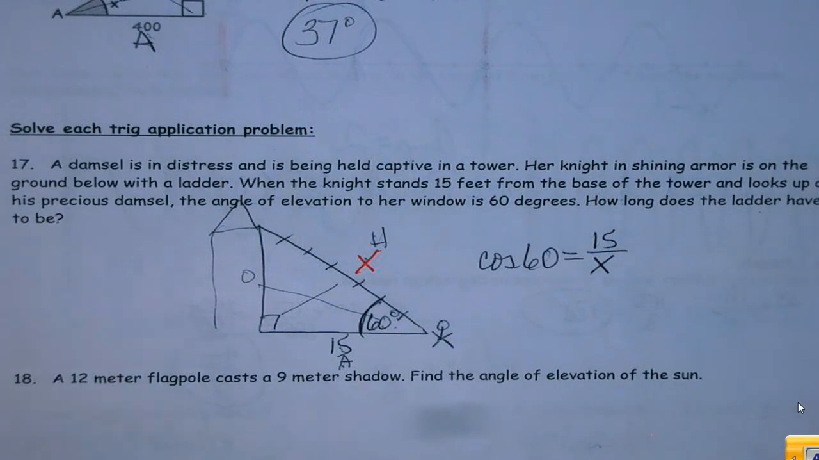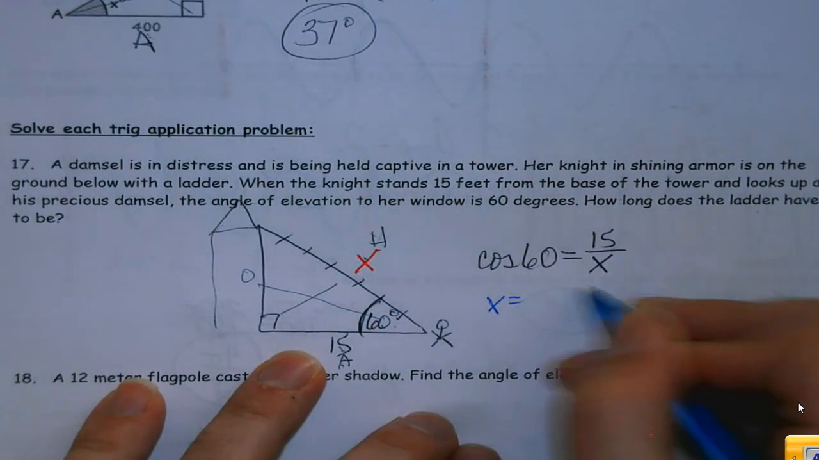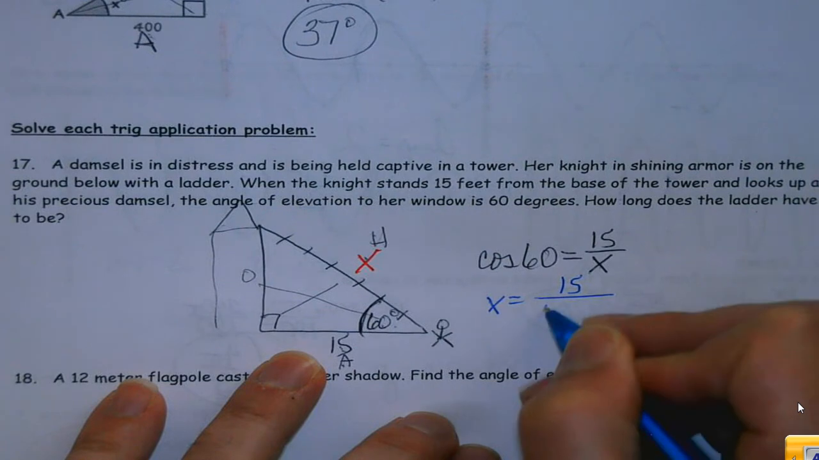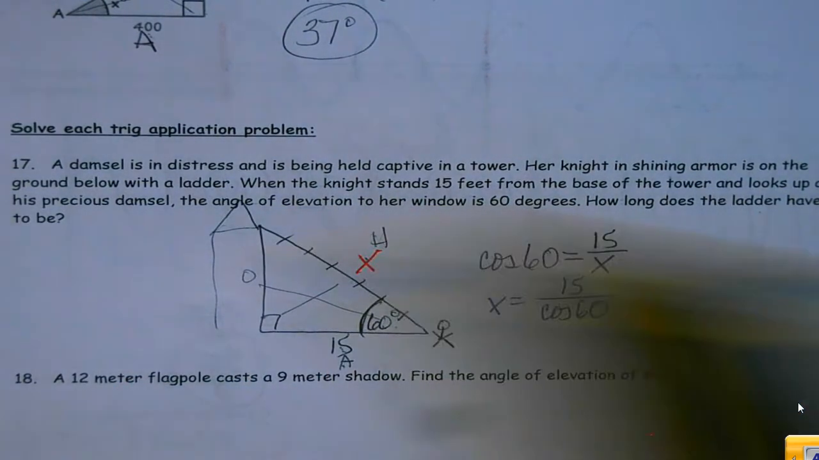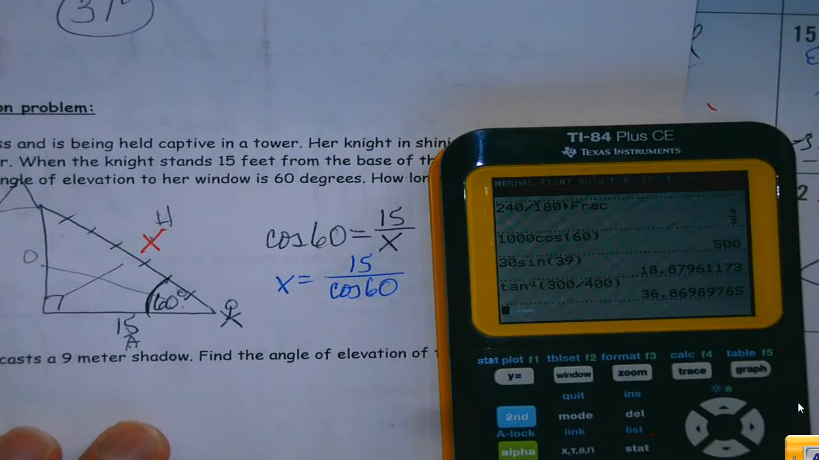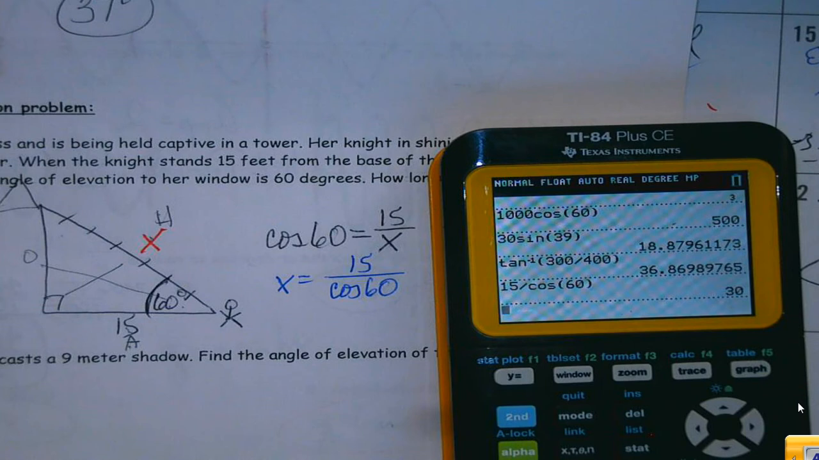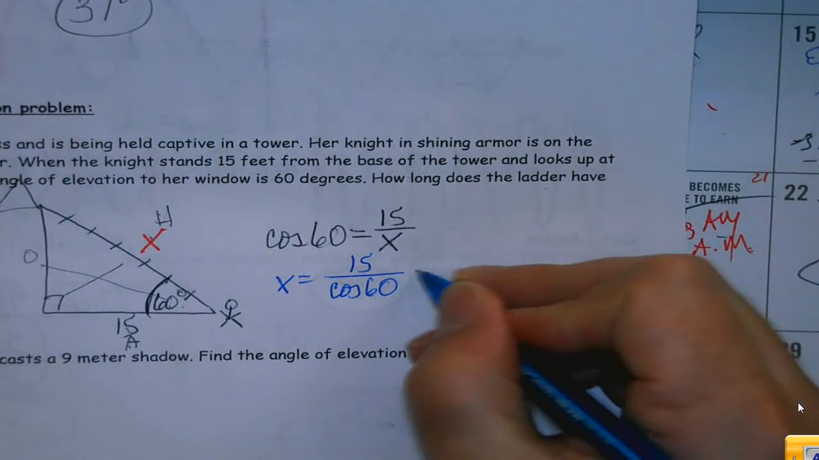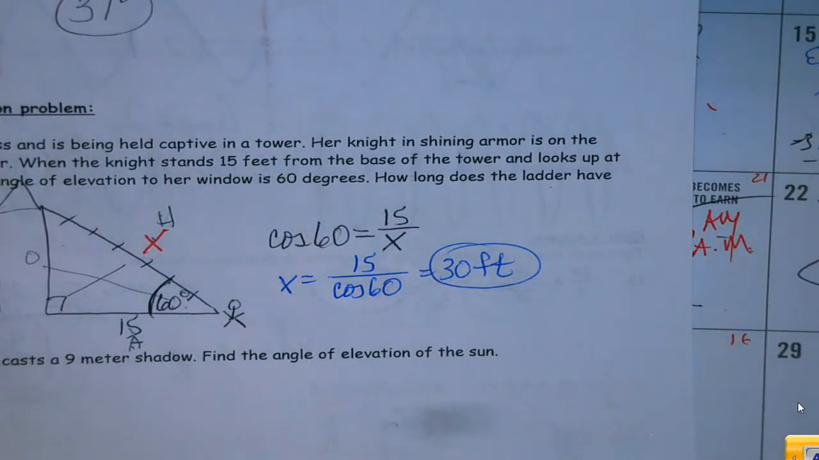So again, two ways I can tackle it. If I remember the pattern is we're going to divide by the trig function if x is on the bottom. I will show you how to do it if you don't remember that here momentarily. 15 divided by the cosine of 60 is going to get me 30. So the ladder would have to be 30 feet long. But if I do not remember that,